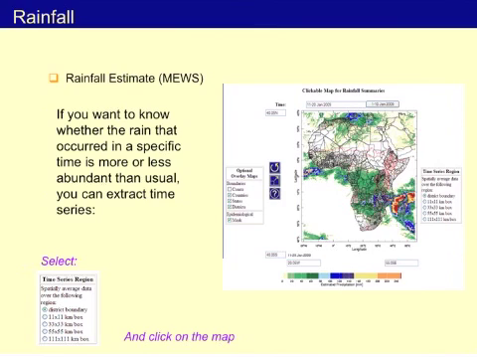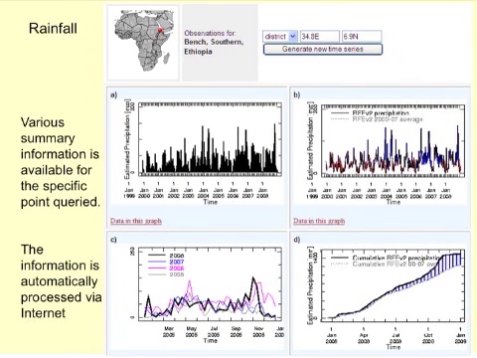click on the map to automatically extract the district average or the box average for the region you selected on the map. In this case, I'm going to select the district boundary for computing the average and then click on a district located in southwest of Ethiopia. Automatically, via the internet, it will process and create 4 graphs that will show you various summaries about the district